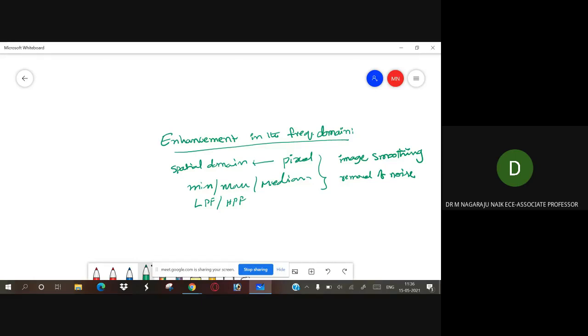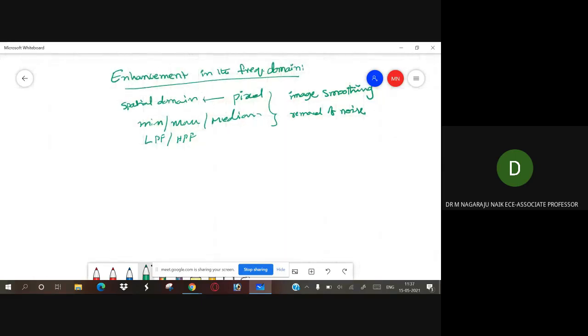But coming to the frequency domain method, the basic principle is that it is a straightforward method.